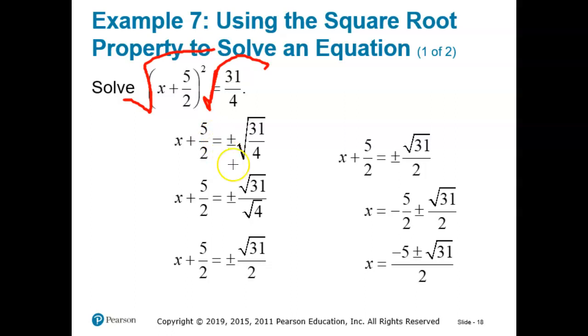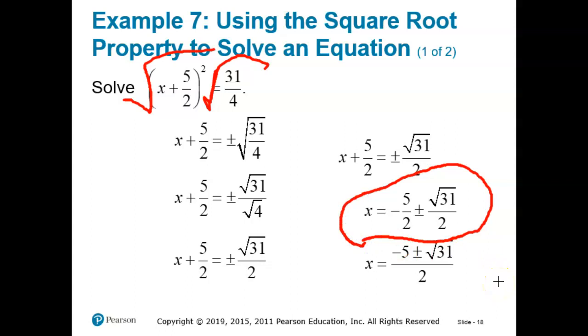Now we rewrite the radicals so that they're each under a radical sign here, and we get the square root of 31 over the square root of 2. Now we are going to subtract 5 halves from the left-hand side and move it to the right. When we do so, we end up with this solution, negative 5 halves plus or minus the square root of